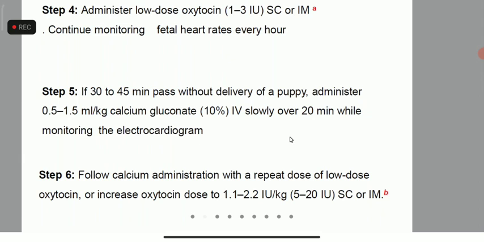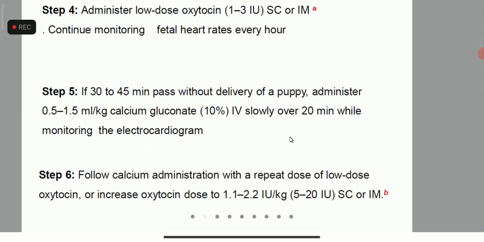And then while giving the oxytocin, you have to count the fetal heart rate. If the ultrasound is there, I mean inbuilt, you can count the heart rate. Even the heart rate of the mother you can count by putting your stethoscope. So first you give a maximum of 3 IU, then you wait around 40 minutes, and suppose nothing came out, now you can provide calcium gluconate.